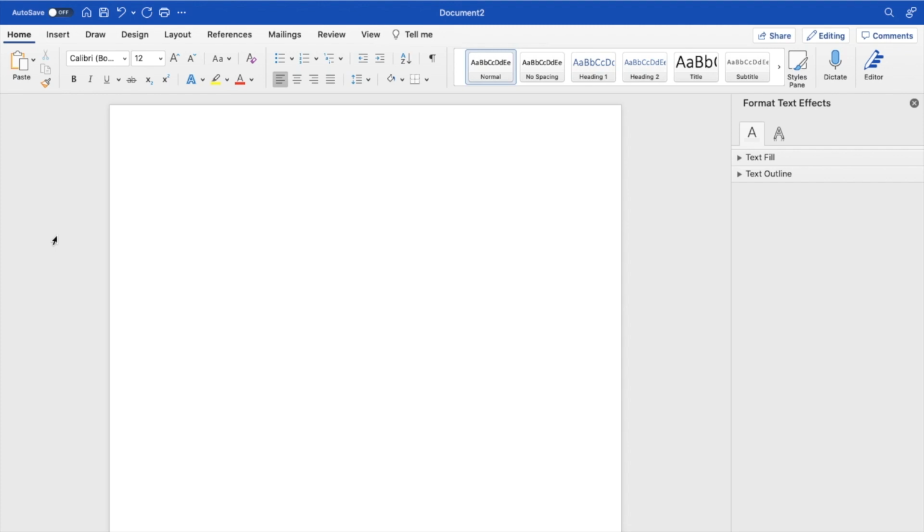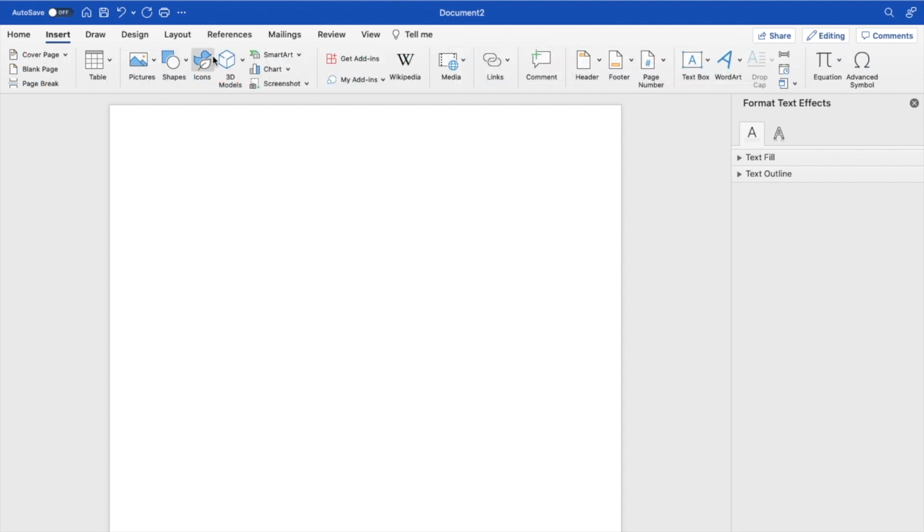So in this Microsoft Word tutorial video, I am going to be showing you guys how to insert a specific chart, in this case, a column chart here in Microsoft Word. So the first thing you have to do is open up a Word document, then go to the top left and press on the insert tab right here, and then go to where it says chart right here, press on